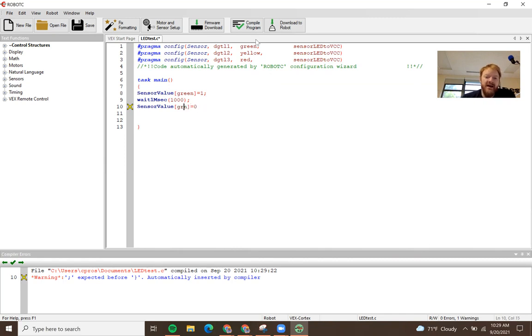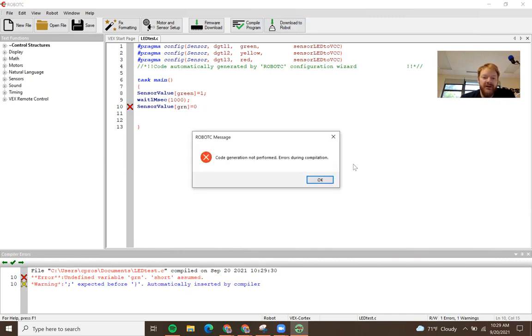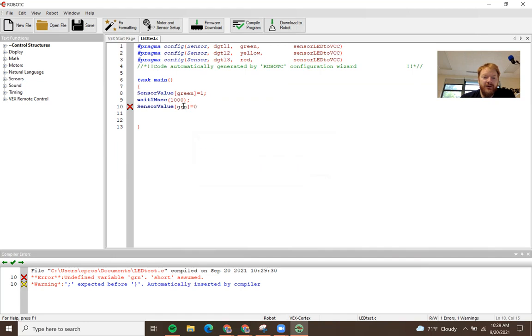Let's say that I have a bigger error. It'll say it can't do this because it doesn't know what GRN means because you spelled green wrong. So spelling and punctuation is super important. But here again, we have simple code. When I'm ready to download this,